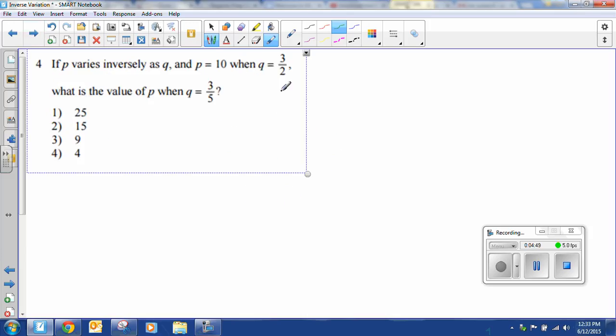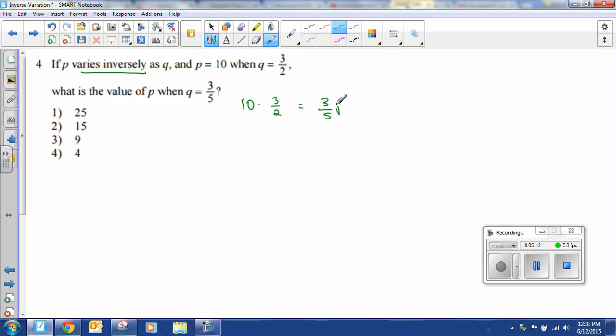And number 4, we have P equals 10. Again, the wording varies inversely. P equals 10 when Q equals 3/2. What is the value of P when Q equals 3/5? So we have 10 times 3/2 equals